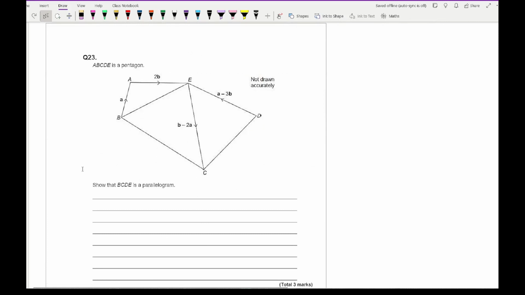Moving on to question 23, it says ABCDE is a pentagon. Show that BCDE is a parallelogram. So here what we need to do is set up a geometric statement. So if BCDE is a parallelogram,